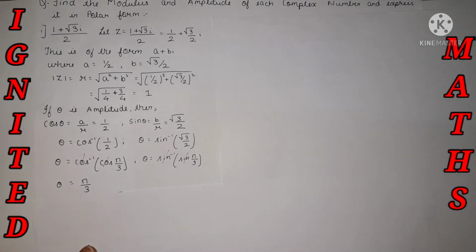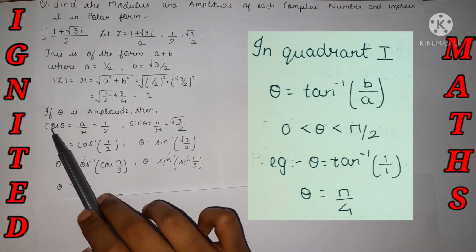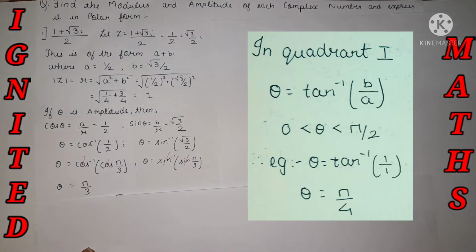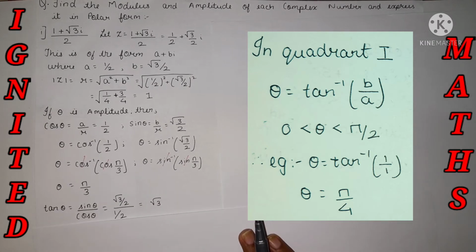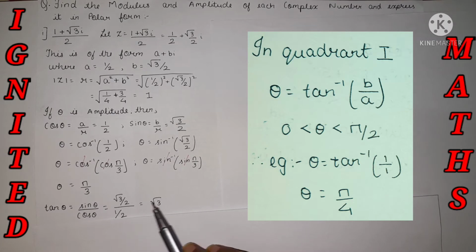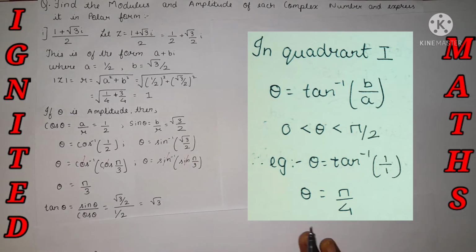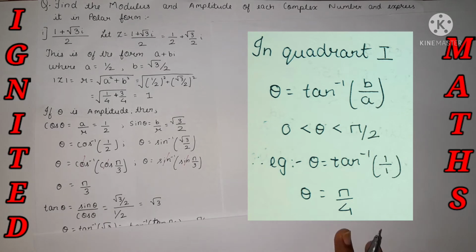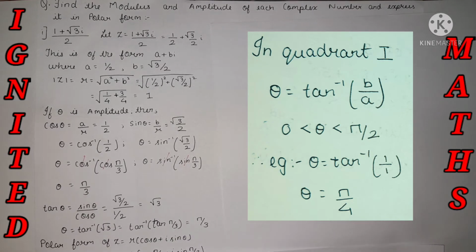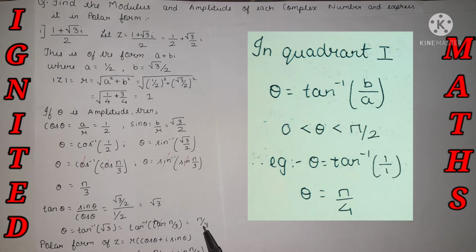The other way is also there, so we'll just see it over here. We have the value of sin theta and cos theta, so can we find the value of tan theta? Yes, in a very easy format. Tan theta is equal to sin theta by cos theta: sin theta value over here, cos theta value over here, and we will get the answer. Then we can find the value of theta very easily. Theta is equal to pi by 3, since tan inverse tan cancels. So pi by 3.